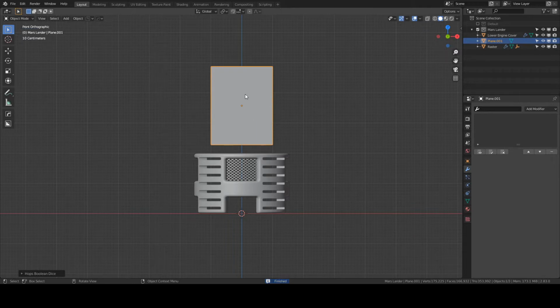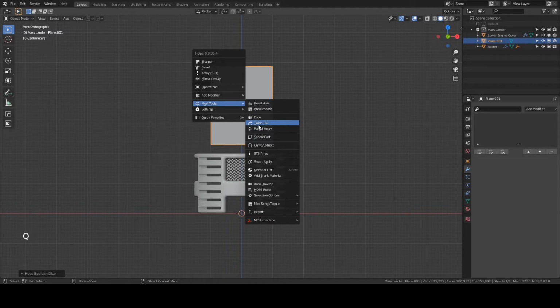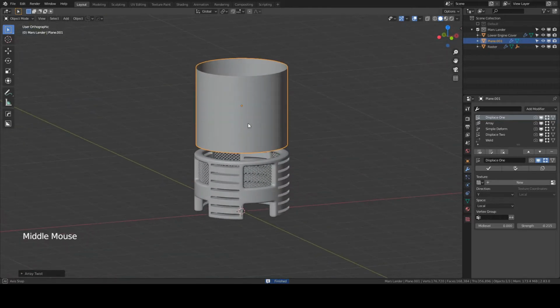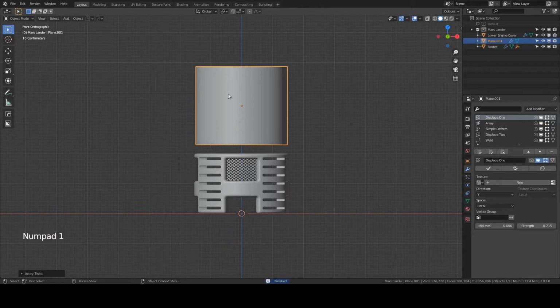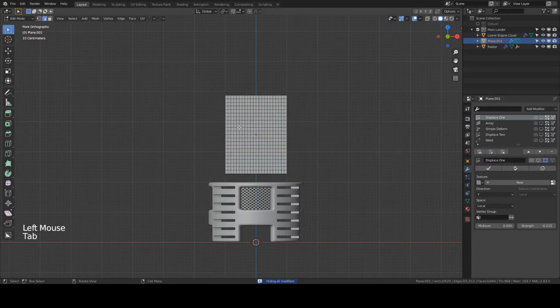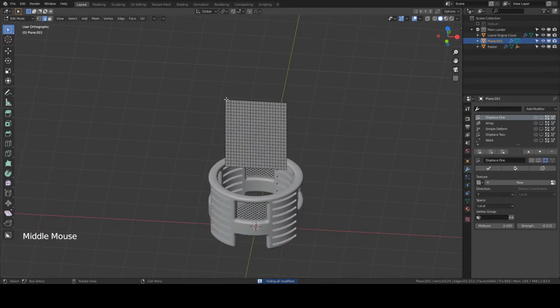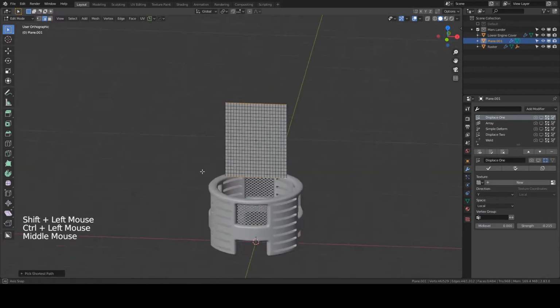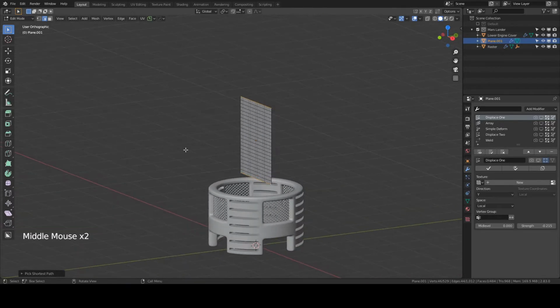And now we just have this plane, but I'm going to show you why I left this space open. If I go Q and do the twist 360, we have 4 segments, and this looks just like a cylinder, but we want to make it a bit more interesting. So we're going to disable these, and we're going to select the top part. We're also going to select this part, and I'm going to extrude